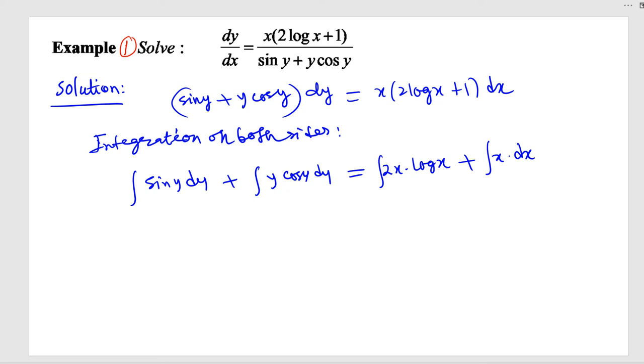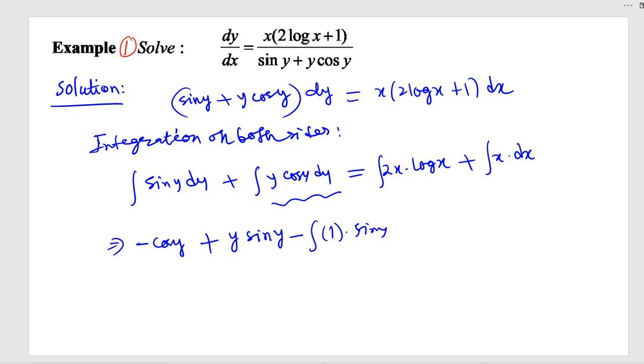So if you do it, then for the first term you will get minus cosine y, plus, this is integration by parts, you will get here y sine y minus integration 1 times